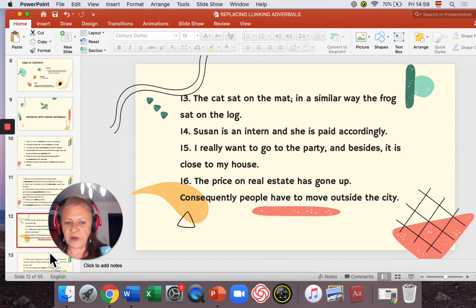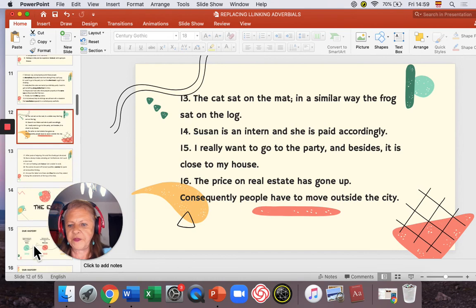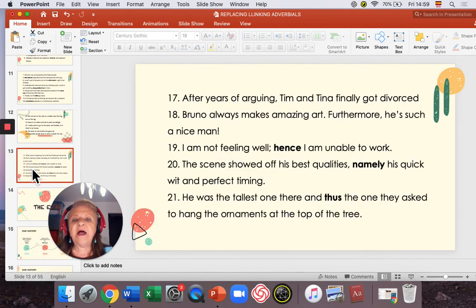Okay? The next one is, the price of real estate has gone up. Consequently, people have to move outside the city. Why? This is too expensive now. So we have to choose another option. In consequence, we are going to choose something different. Okay? Then we have after